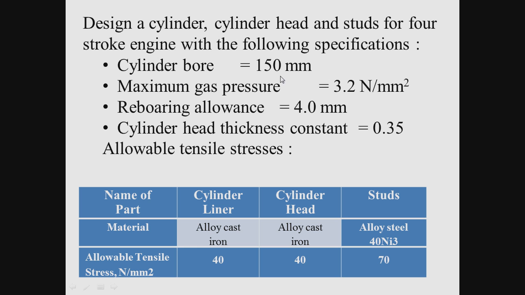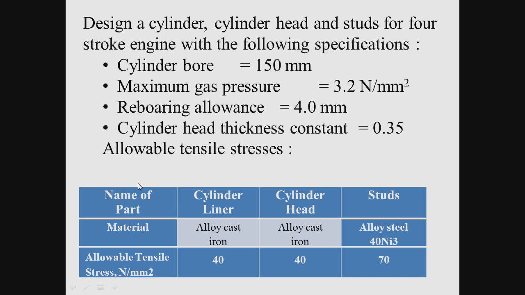Cylinder bore is given as 150 mm, capital D. Next is maximum gas pressure, Pmax, given as 3.2 Newton per mm square. Reboring allowance, C, is equal to 4 mm. Cylinder head thickness constant, K1, is equal to 0.35,